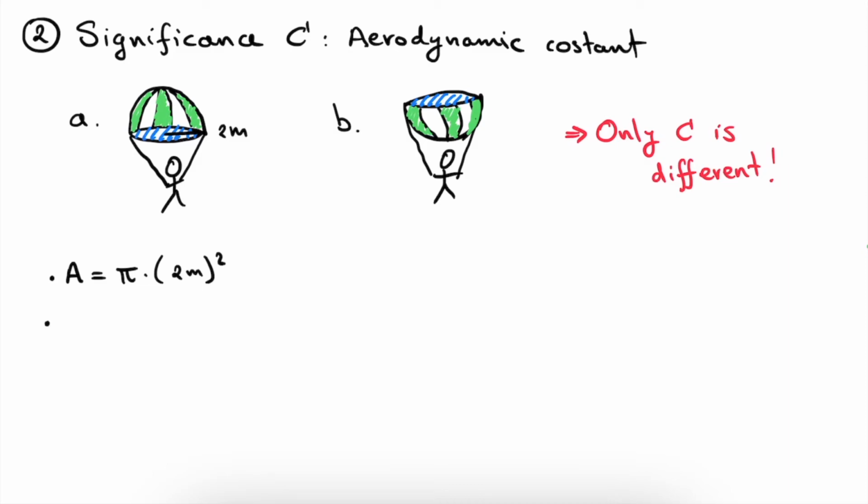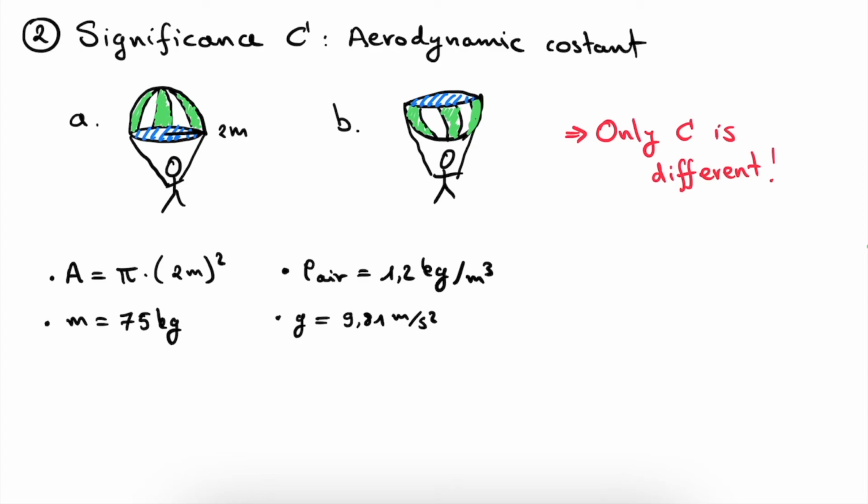What is also the same is the mass of both situations. Let's say that in both situations, the parachute and the person together weigh 75 kilograms. The next quantity is of course the density of the medium, which is the density of air in this case, and is also the same between the two scenarios, 1.2 kilogram per cubic meter. And of course, what we also needed for terminal velocity was the gravitational constant, which is very evidently the same